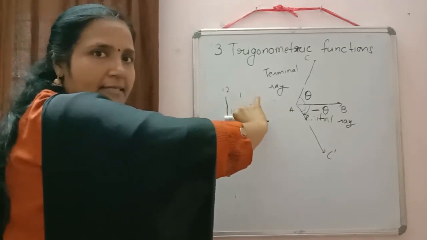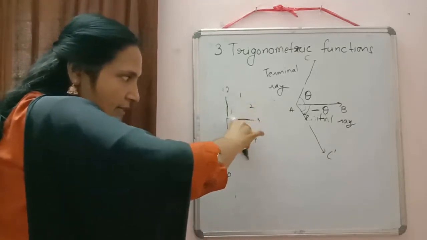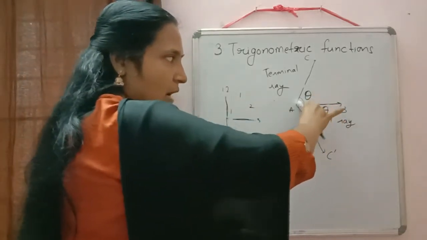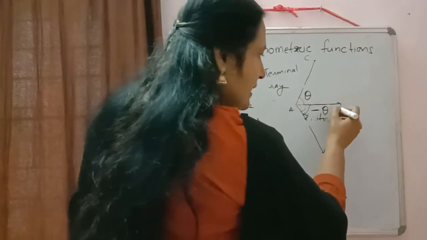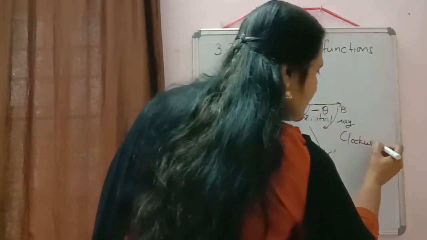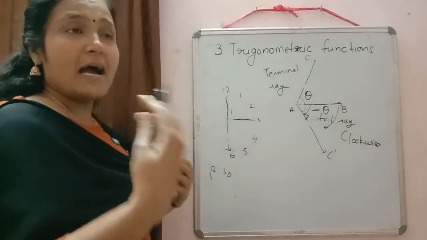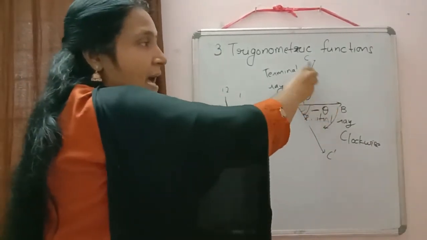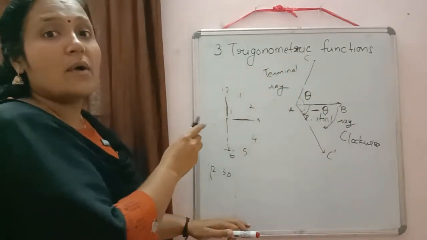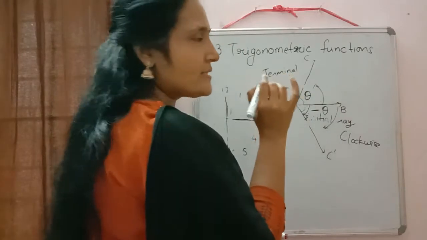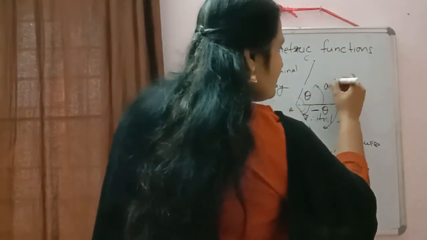At 12:15, the minute hand is here. At 12:30, the minute hand went here, downwards. So here also I moved downward. In which direction? In the clockwise direction. So don't confuse here. Normally the angles which you drew in previous classes, we draw the angle in the anti-clockwise direction. So whenever we draw in the anti-clockwise direction, the angle will be positive.